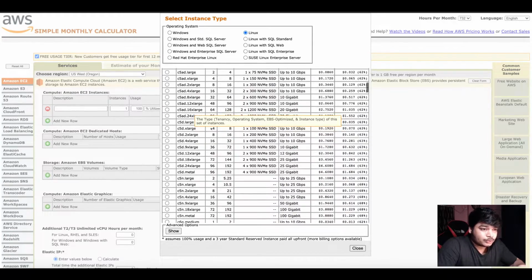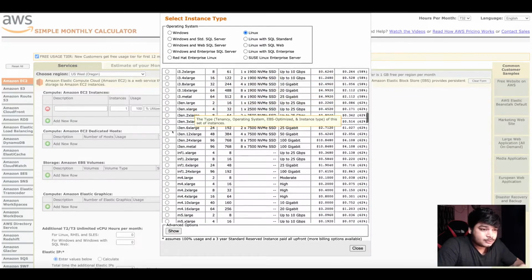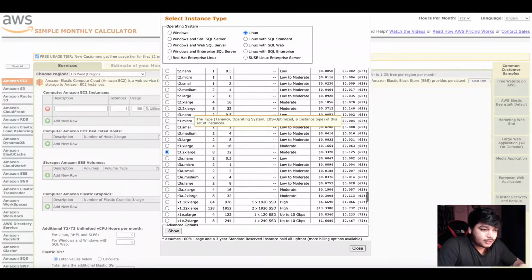If you want to select a T2 micro, just for example, let's search for the T2 micro. See, the cost is so low, 0.0104 dollar.